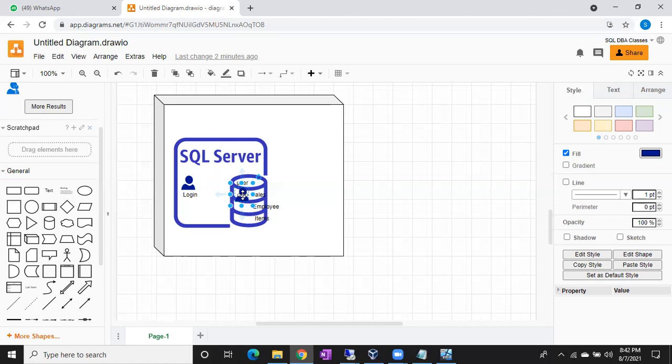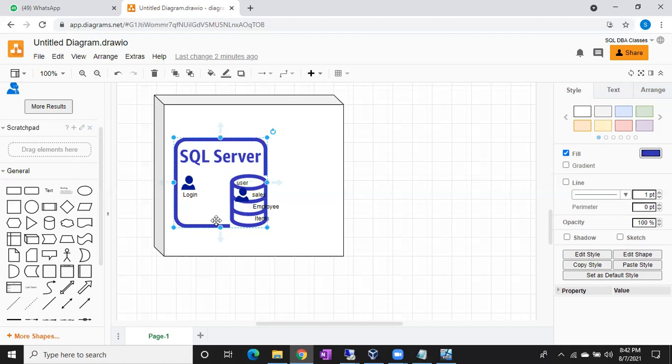On behalf of that login, only a user can fulfill this requirement, either reading, deleting or writing the data. Anything can be done by the user only. Is it clear? Any issues, any doubts here, please let me know.